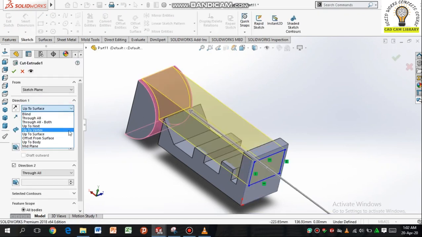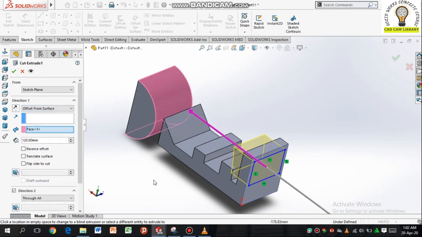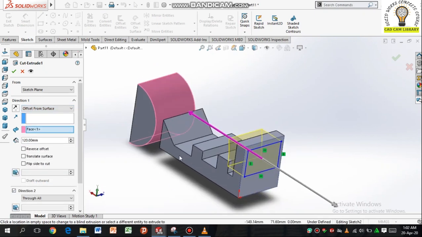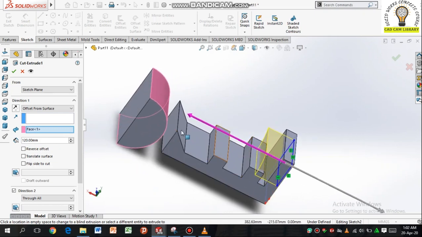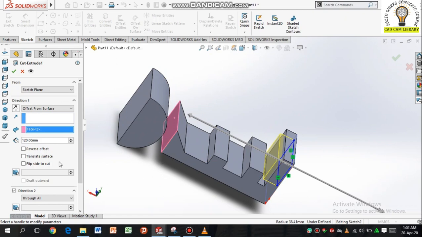Now the next option is offset from surface. Click here. Now here we have to select the surface from which we want to offset it, and we also have to give the value to which we want to offset it. Now if I select that surface and we want to make it offset up to 4 mm, let's say, or 3 mm.